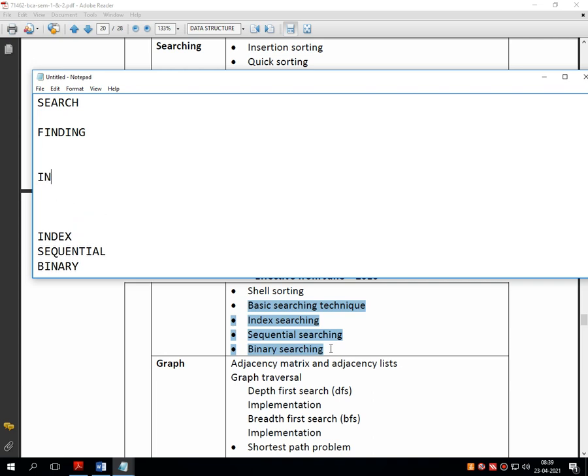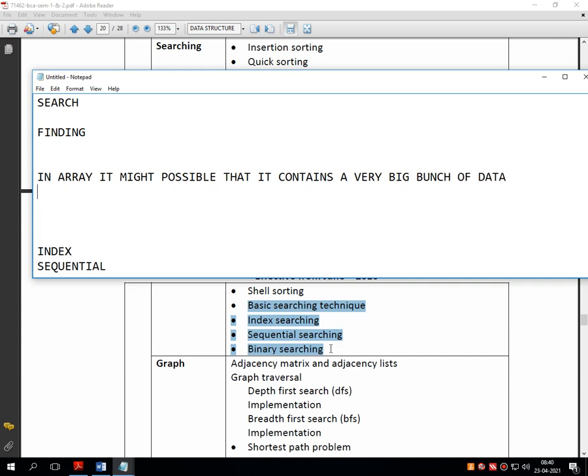Generally, an array might contain a very big bunch of data, and from this big bunch of data, suppose we wish to find a specific element, then that technique is called a searching technique.